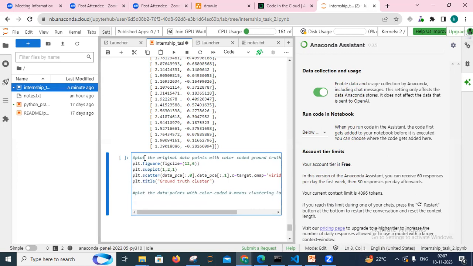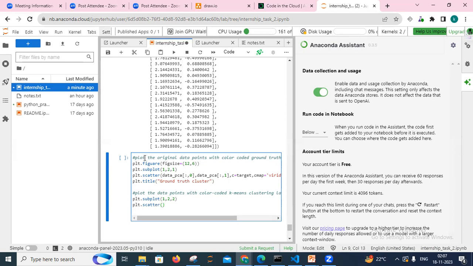Okay. And plt.subplot, that we can take, and plt.scatter